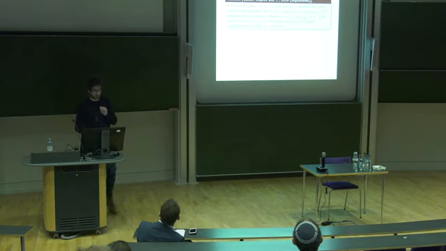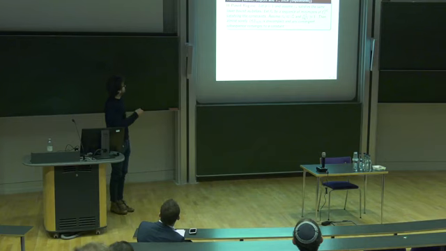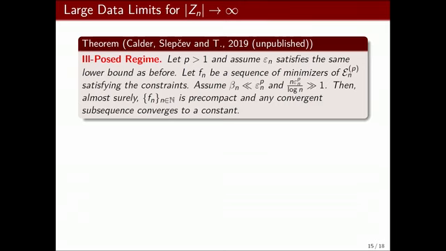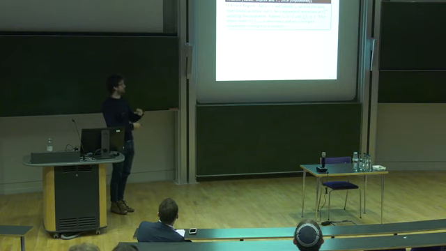Let me first give the ill-posed regime. Take p greater than 1, and epsilon satisfying the same lower bound due to graph connectivity. We're considering Fn, which is a sequence of minimizers of E_n^p subject to the constraints. If we assume that beta_n, the probability of a data point being in our training set, scales much less than epsilon_n to the p